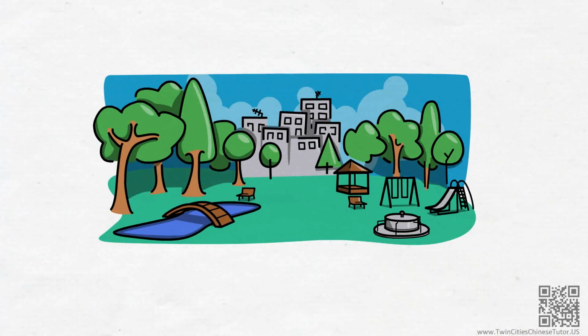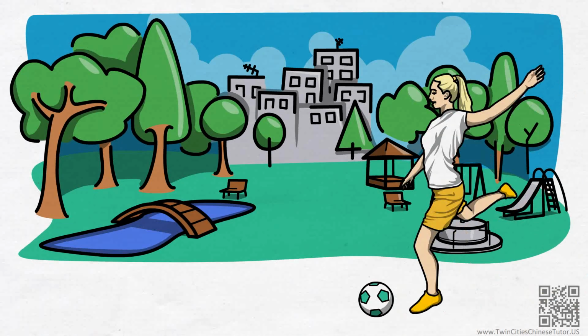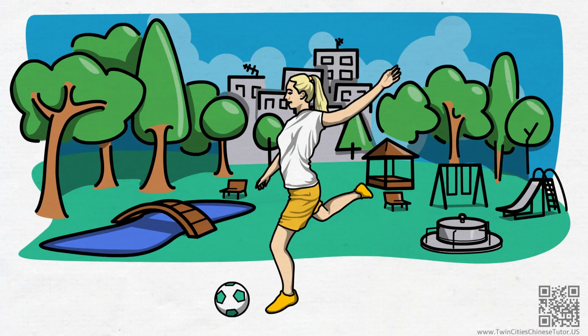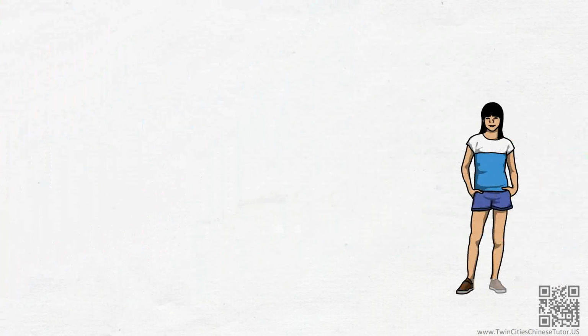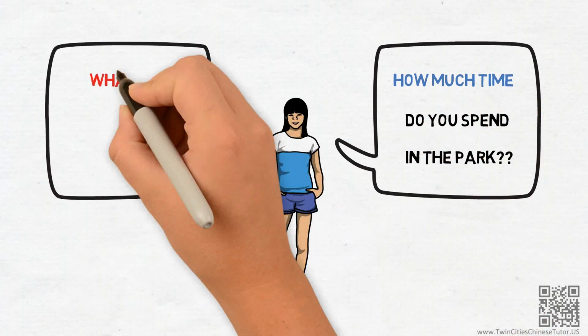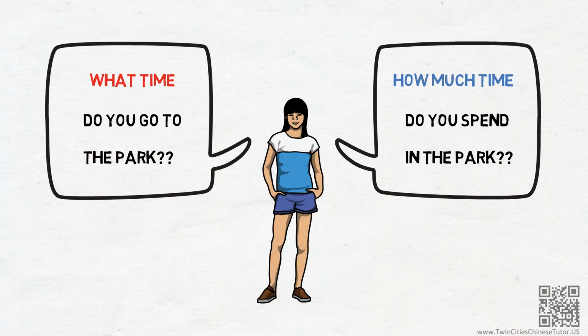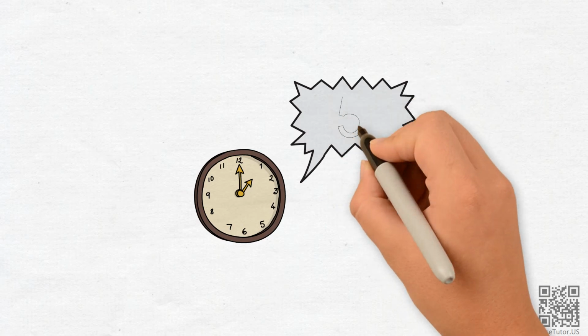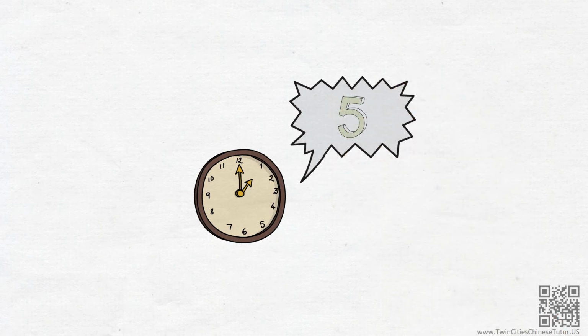My friend Addie is really active and loves the outdoors. She loves to spend time in the park on Sundays. But last weekend, when her Chinese friends asked her about how much time she spends in the park and what time she goes there, she got confused with the questions. Today, in the next 5 minutes, to help you and Addie, let's look into how to use the Chinese word